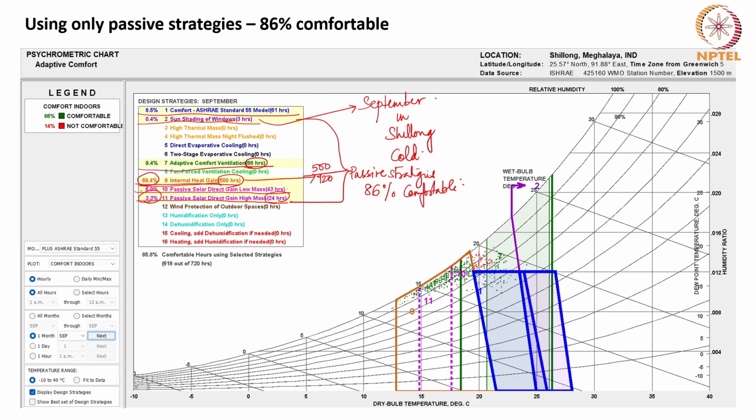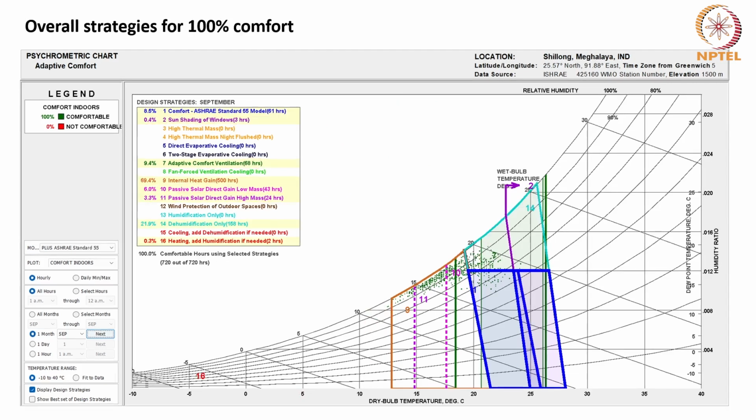Yet we still have 14% of the time which is not comfortable, and for which we may require some kind of active means. So what are those active means? Those active means are dehumidification for 158 hours. So 21.9% of the hours can become comfortable if we are able to use dehumidification, whereas